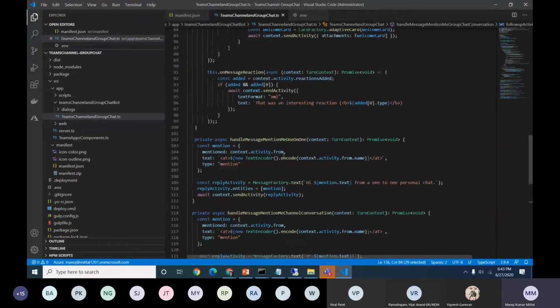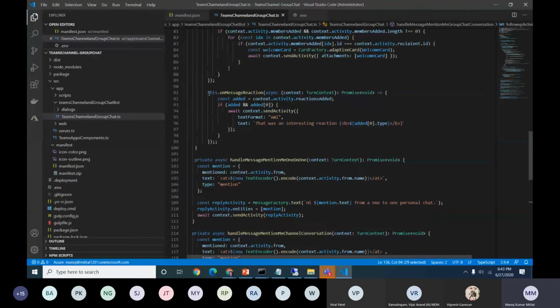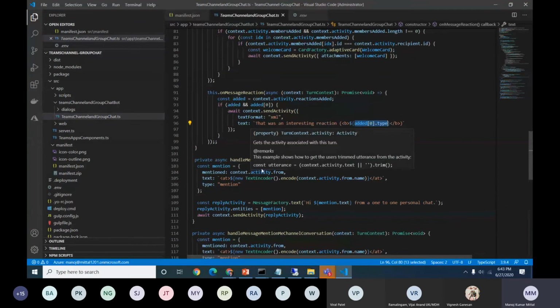Another important thing here is the reactions. The reactions are basically when people like any of the provided emotion icons. So we can send out those messages also. This was interesting, like thanks for liking. So whatever type of reaction he or she has clicked there, we can define accordingly. So what is the type and what message we need to prompt to the users. So these are the few activities defined in this bot to differentiate the conversation types.